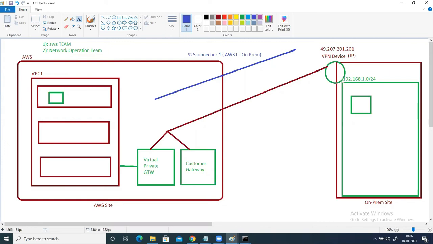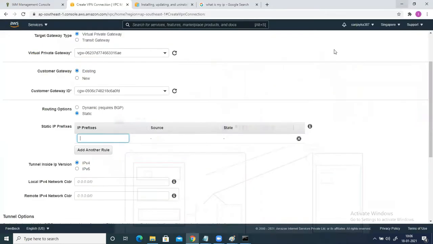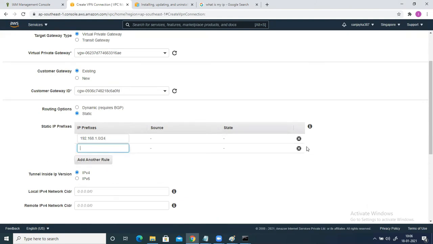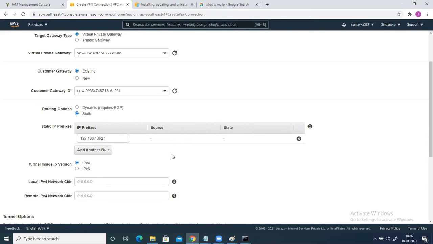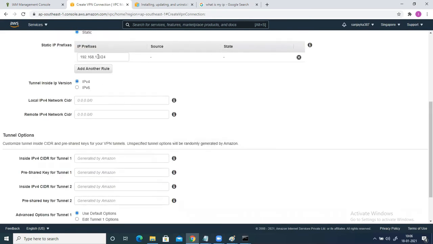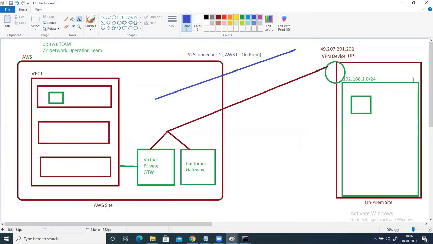So for this demo, I have taken the example of this one. Let's say I'm assuming there is only one network here. So the same network information I can put, 192.168.1.0/24. And suppose you have another network also, just click on add rule and you can mention the network details here, right? So right now I'm trying to keep it simple. There is only one network. So here it is asking about the local IP version network CIDR. When you see customer gateway CIDR range, it means the range of the network in this direction. So I have the range of network of this one,